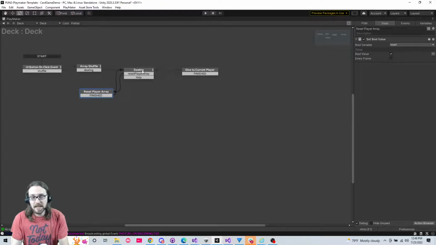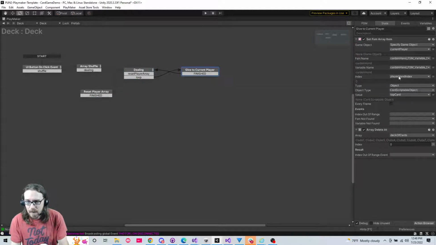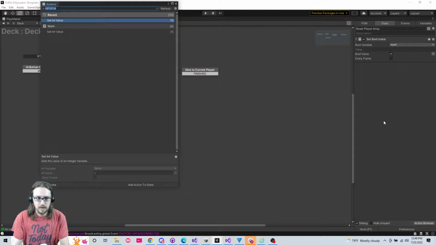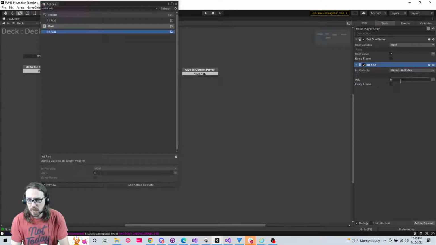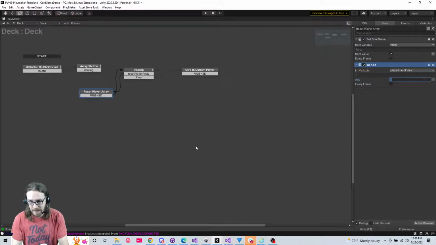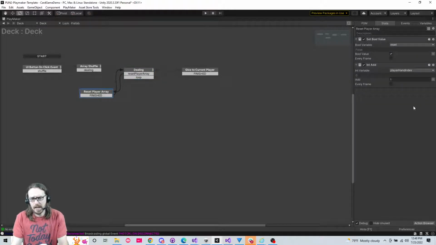But I also need to take the player hand index and bump it. So we're going to do int add. And so now we want to put it into the next slot in the player's hand. And at some point, when we get to 7,